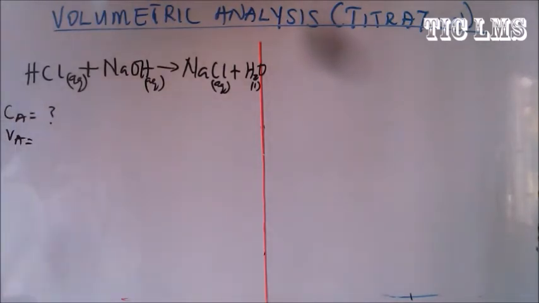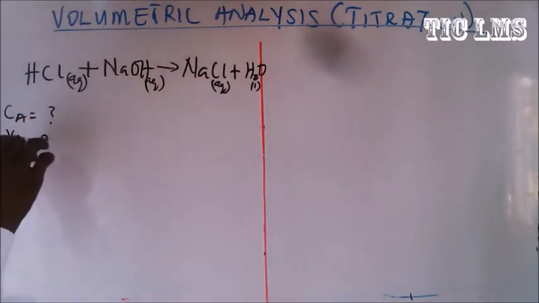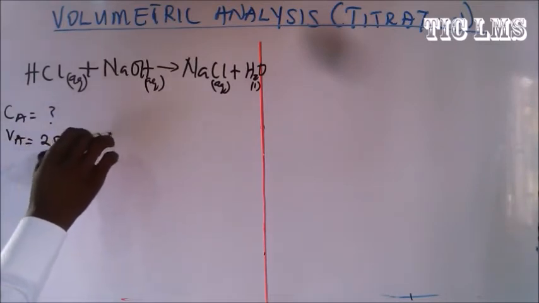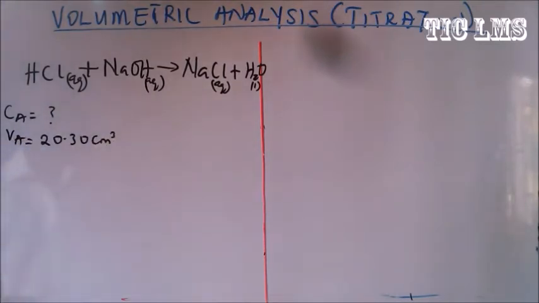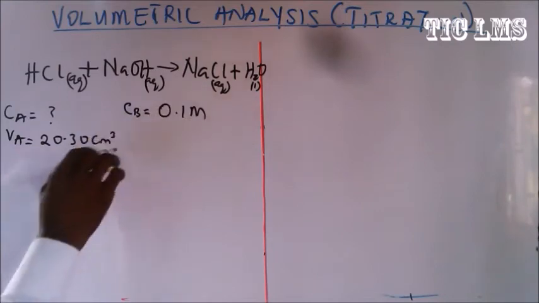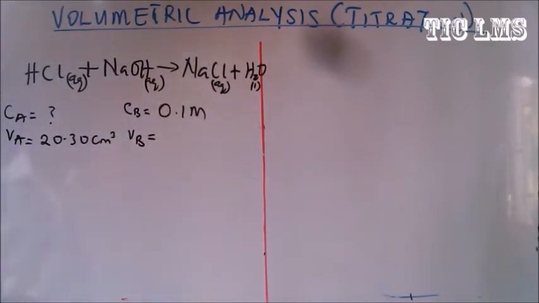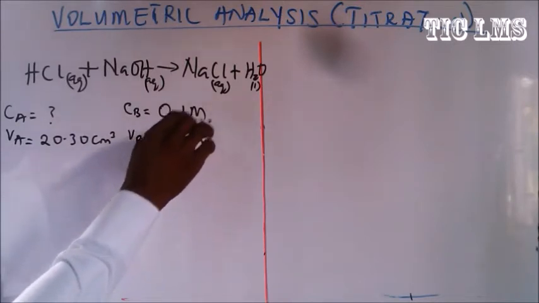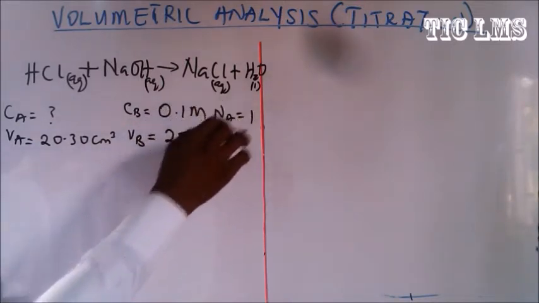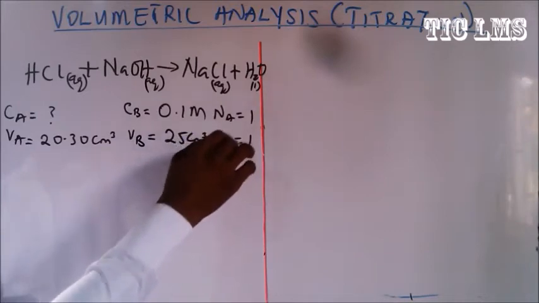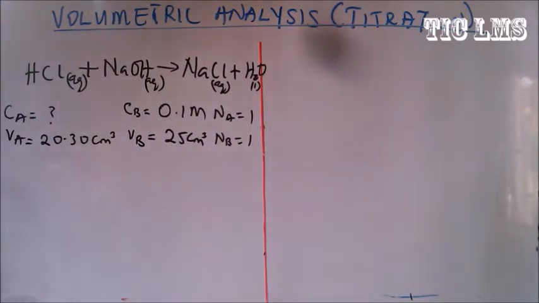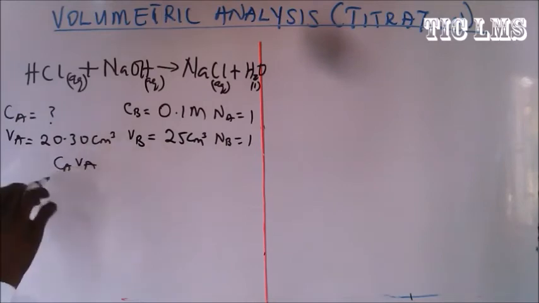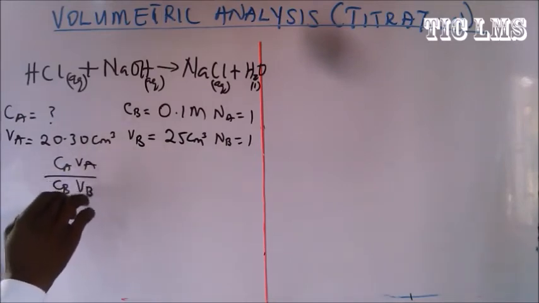The volume of acid given in the question is 20.30 cm cubed, the concentration of base given is 0.1 molar, and the volume of base given is 25 cm cubed. Then we have the number of moles of acid to be 1 and the number of moles of base to also be 1. So we have our equation, which is CAVA over CBVB equal to